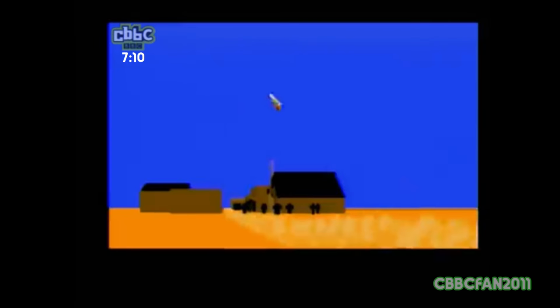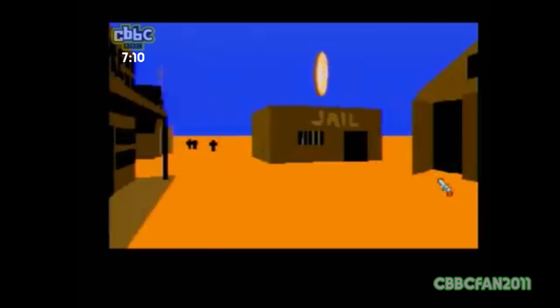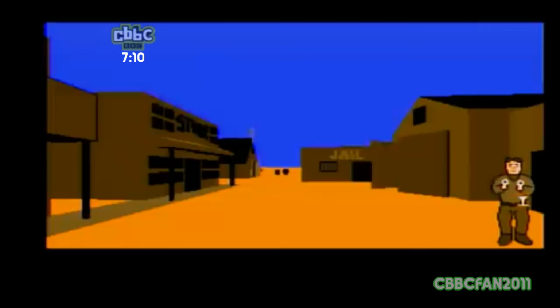Zippy Zeke, on the other hand, is a bastard and a half. He pops up all over the place, and you only have like a second to hit him, which is almost impossible because the cursor on this thing is slower than a turd coming out the asshole of a constipated snail. The only way to win here is to watch the pattern, figure out where he'll be, and put your cursor there. Then you hit that button faster than diarrhea coming out the asshole of an unconstipated cheetah. The third guy you fight is Crafty Clint, but he ain't that crafty. He just comes in at the bottom corner of the screen and you shoot him.